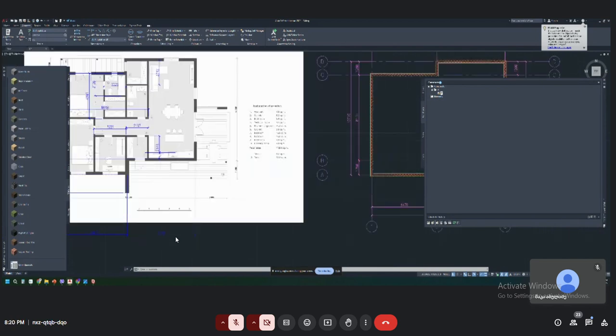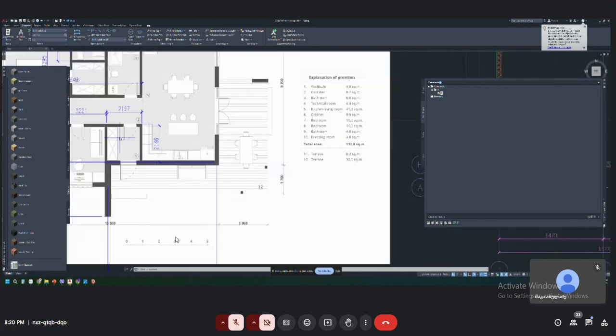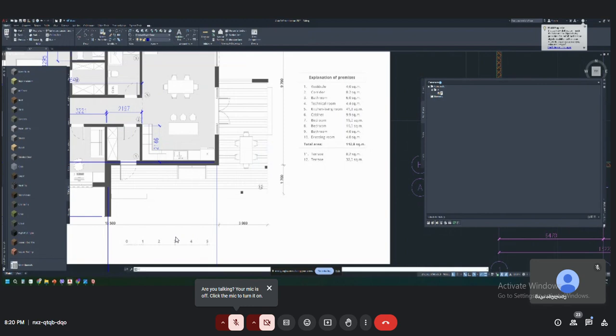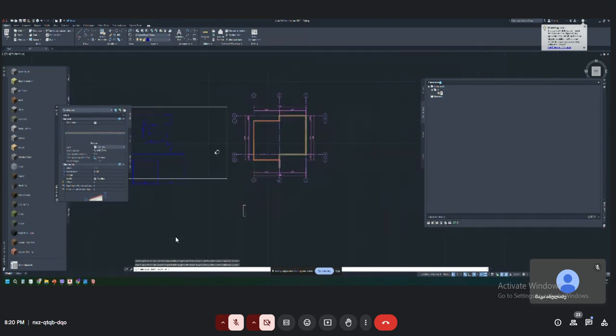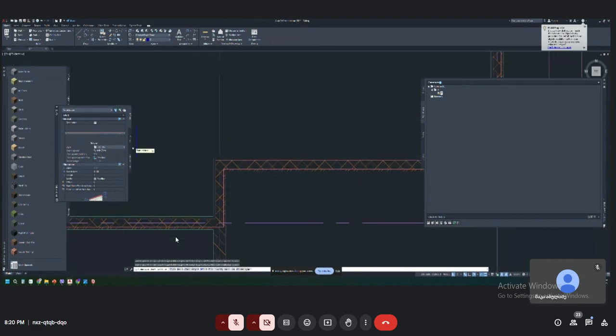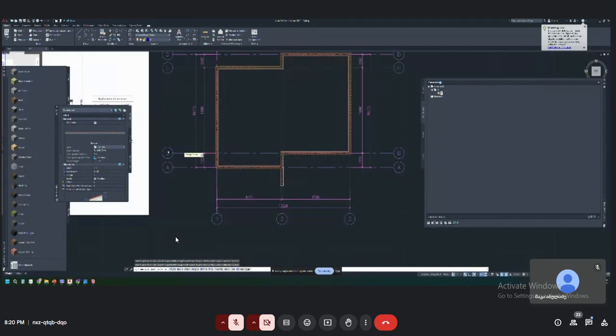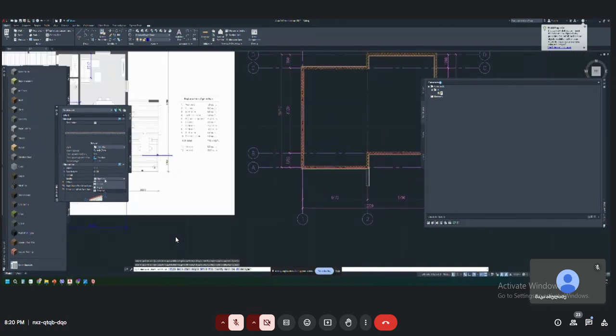So, okay, let's start. Wall, the style, I change it, the style, yes, and I try to drawing. So, you want to change the justify type,